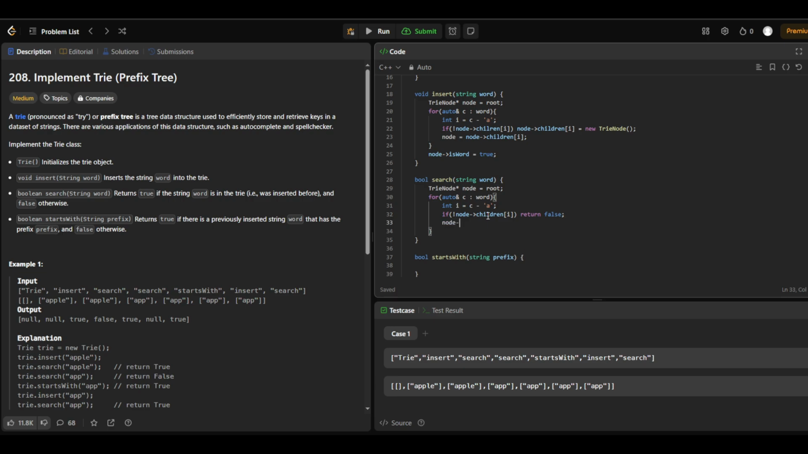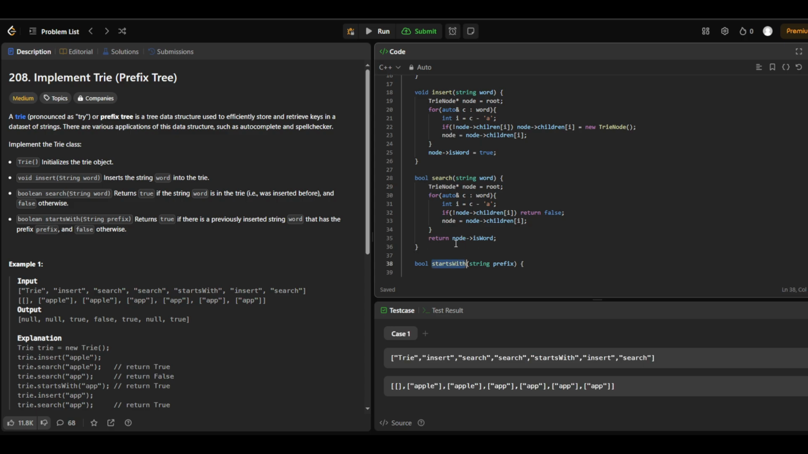And just node will be node children I, if we already encountered the particular character. Now it's gonna be tricky because, okay, and then we can return at the very end node is word, right? If it's not a word, it will return false. If it's the word at the end, it will return true. Now if you think about it, this is gonna look for the entirety of word, right? For this we are gonna do the same thing, but at the very end we'll return if